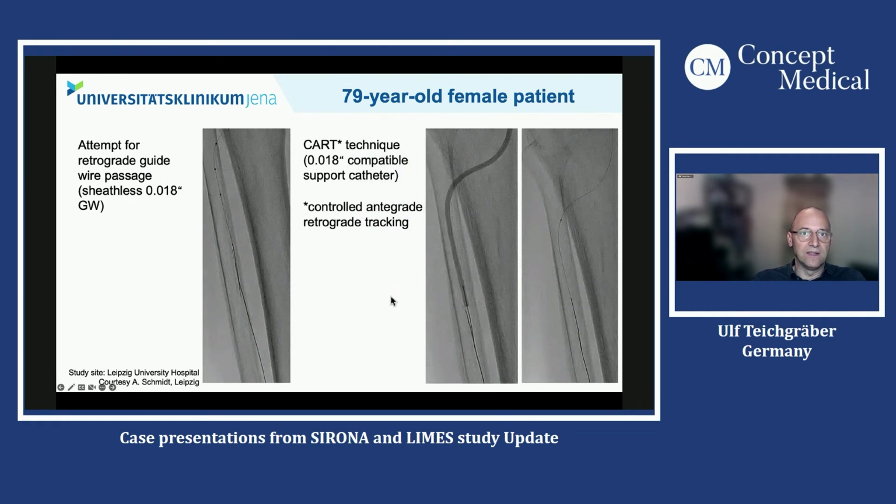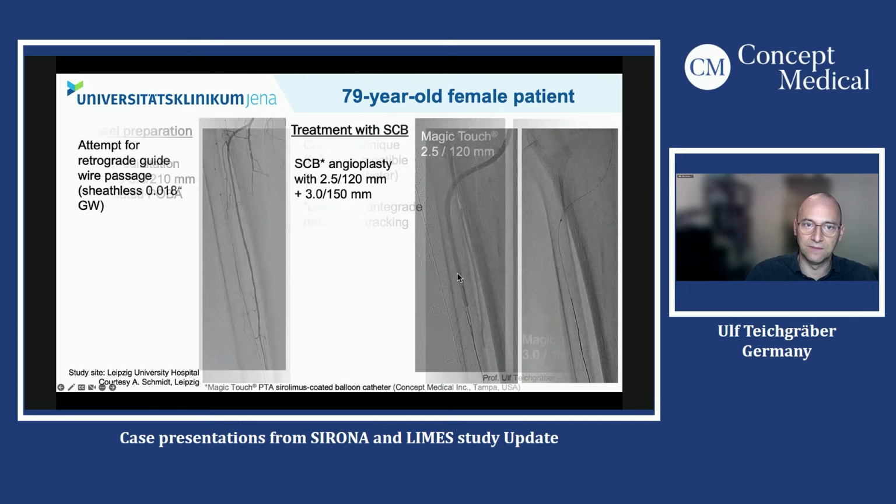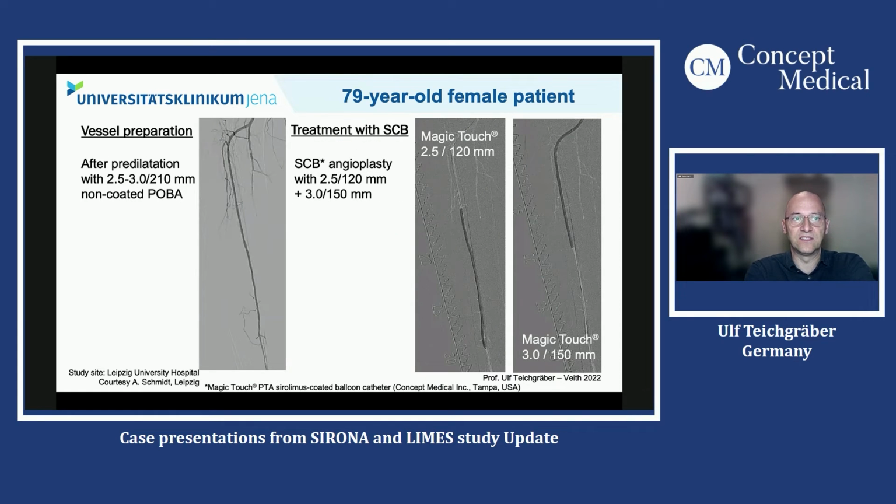The first attempt from antegrade to pass the lesion was not successful. The second attempt was performed retrograde with a guide wire, and the CART technique was used, and therefore it was then possible to revascularize the lesion. After the guide wire passage, which was not that easy, vessel preparation was performed,